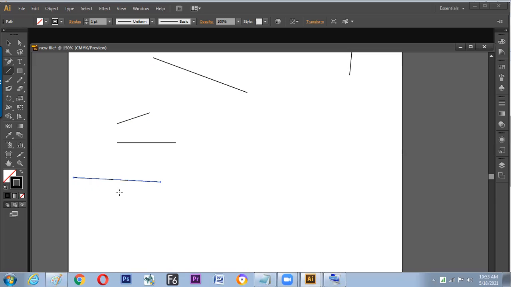Now the next. Here it is shift, here it is alt. Start using alt and shift together and it will make it straight as well as symmetric. 45-degree and symmetric. So hope we have understood now 4 tips and tricks on the same line tool. Now it is time to go for the next tips and tricks.